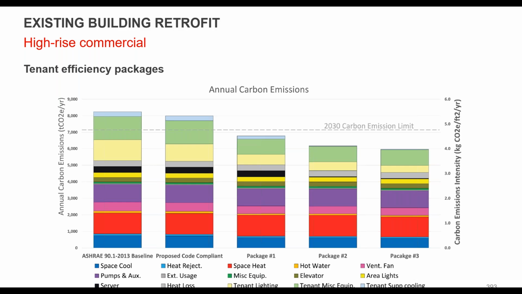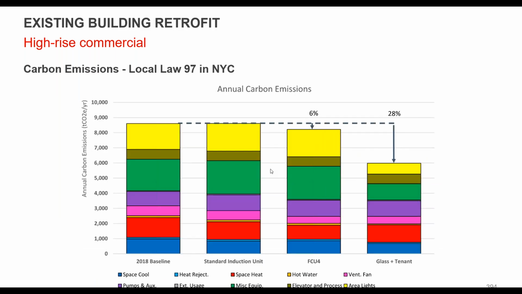And in this case, looking at a comparison against a carbon limit. And so this is in New York City. There's a carbon emission limit that changes 2024 and then 2030 and then 2035. So they were looking at the 2030 limit in this case to make sure that they would be below that limit. And then we also overlaid this on top of some of these tenant packages with the other sort of changes that are being made, right? So we didn't do a full-blown parametric analysis of all the different options, but we did end up overlaying the tenant package on top of the glass with the fan coils to kind of say, okay, this is where you're going to finally get, right?